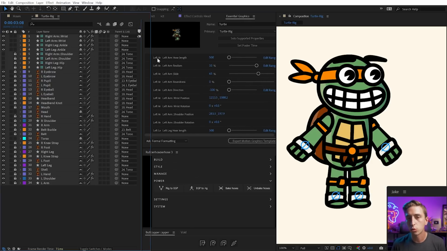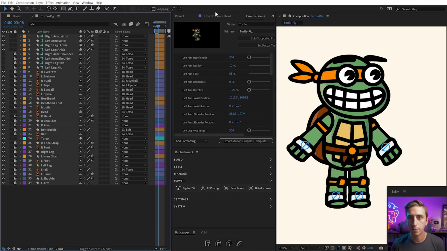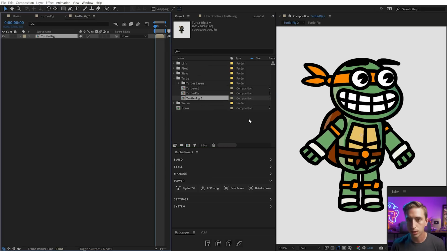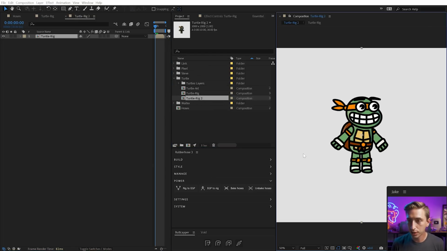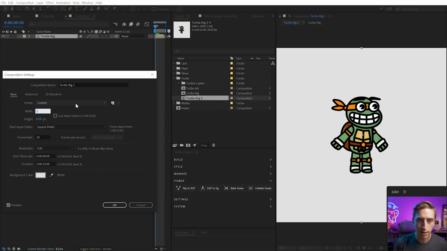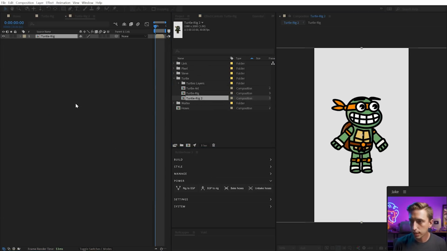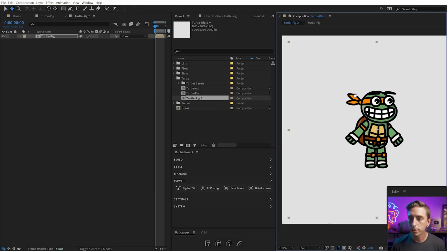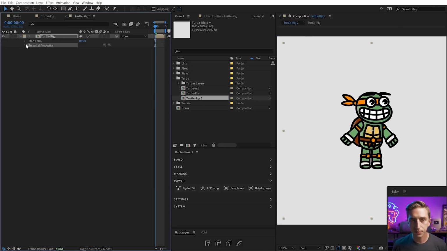Now that all of those controls have been added to this Essential Graphics panel, I can go into my project and find this comp, which is Turtle Rig, rig, and I'll pre-compose that into a new comp. In fact, let's change the resolution. I'm gonna put this at 1080 by 1080, and I'm gonna scale this down so it fits the comp a little bit better. And what I'm gonna do now is twirl open the contents of this layer and go into